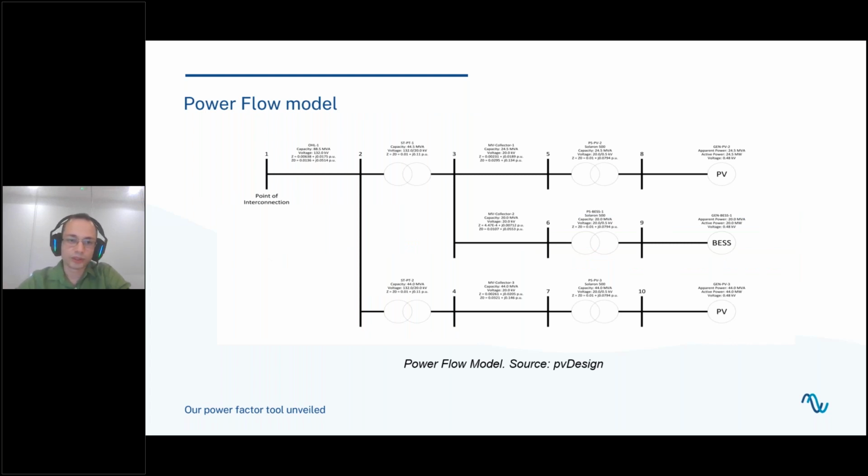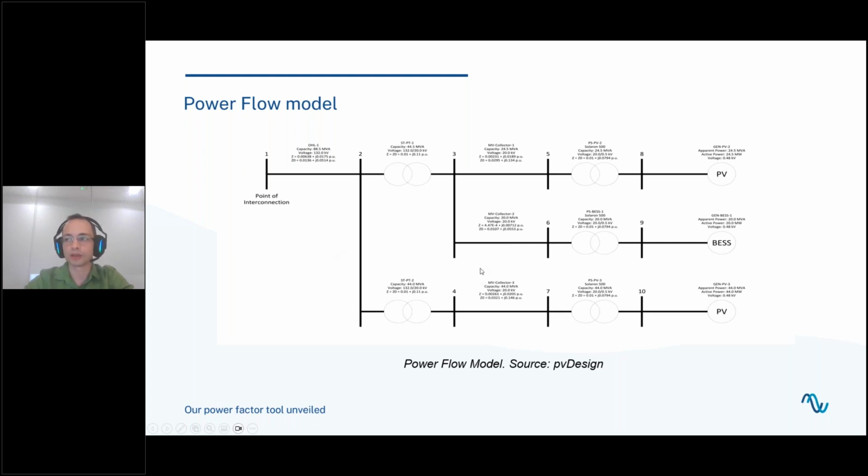So a few months ago, we released this new feature, a power flow model. This is an equivalent electrical representation of the PV plant, of all of its elements. So here we will have, for example, an overhead line in the left side. Then, going from left to right, we will have power transformers. In this case, we have 2 power transformers in our substation. And then from that, we have what